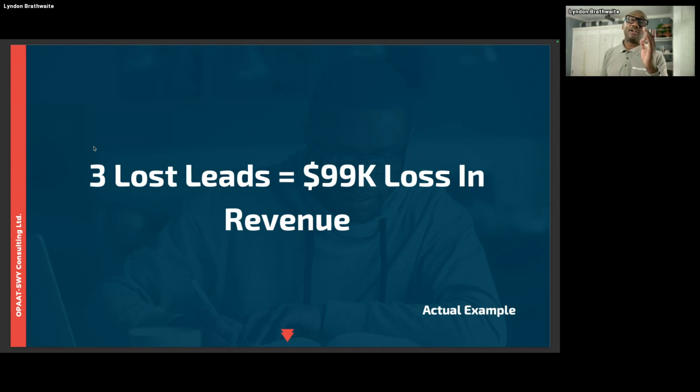So just by that alone, by not even taking it and putting it inside of HubSpot and then assigning it to someone so that it could automate or even set up a task automatically based upon who it's assigned to, the potential loss of that was $99,000 in terms of revenue. It was as simple as: you know what, I have a lead, I need to pass it on to someone, let me put it in the system, or make sure that they put it in the system so that I can come back and double check to make sure that they are also reminded, or they know, or they've done it, or I can get an update as to what has happened with any one of these three leads. So again, real examples I like to talk about here, right?